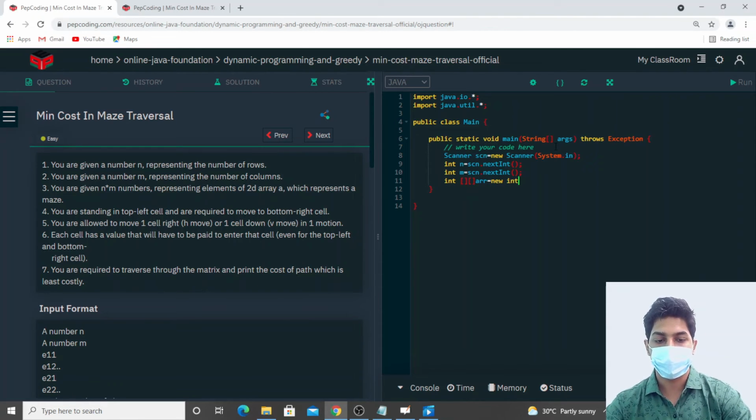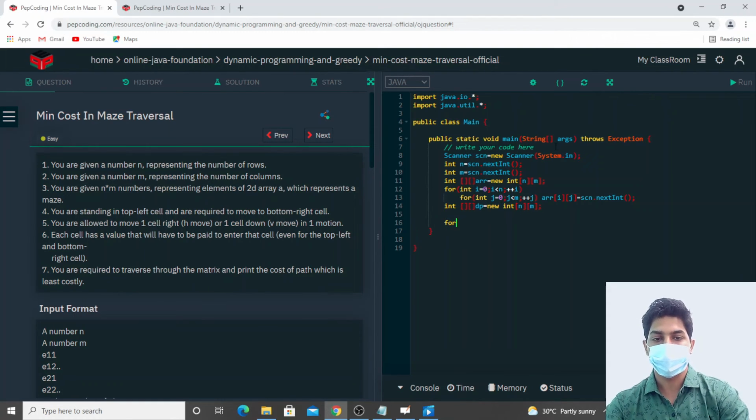Let's store it in an array and take input in that array. Now let's make an answer array, that is dp, which we'll use to store the answer.